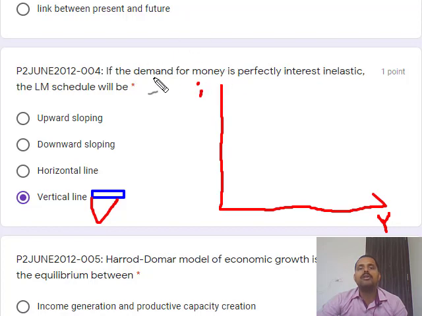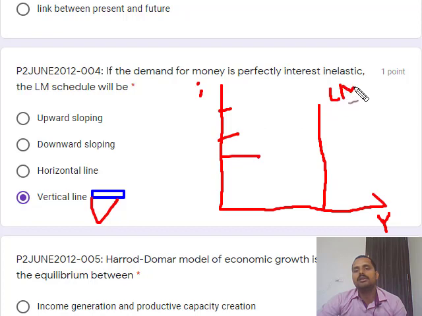And if demand for money is not affected by interest, it means the LM curve will be a vertical line, because whatever the interest rate is, the demand for money is not affected, and so the LM curve doesn't change its position. So this is why the LM curve will be a vertical line for a perfectly interest inelastic condition,